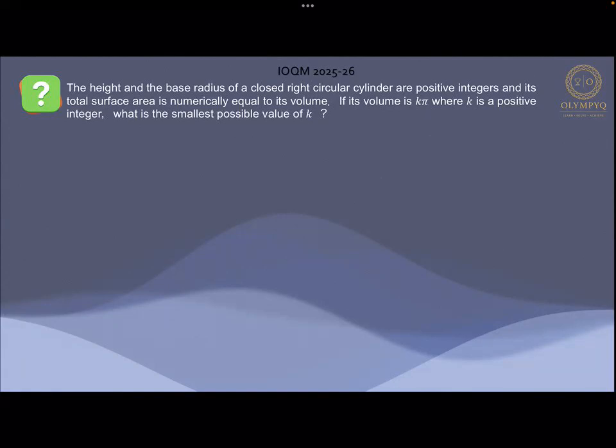Now the total surface area of the cylinder will be equal to 2 pi r square plus 2 pi r h, and this is going to be equal to its volume, meaning this is going to be equal to pi r square h. So we can see this pi and pi are going to get cancelled. So from here I can write that 2 times r plus 2 times h is going to be equal to